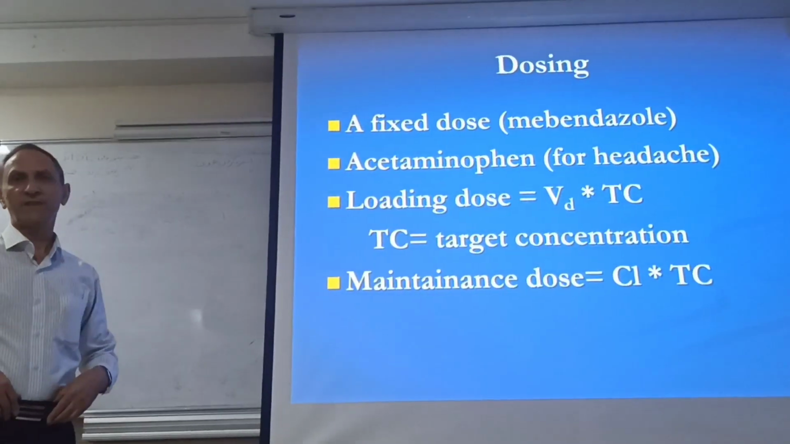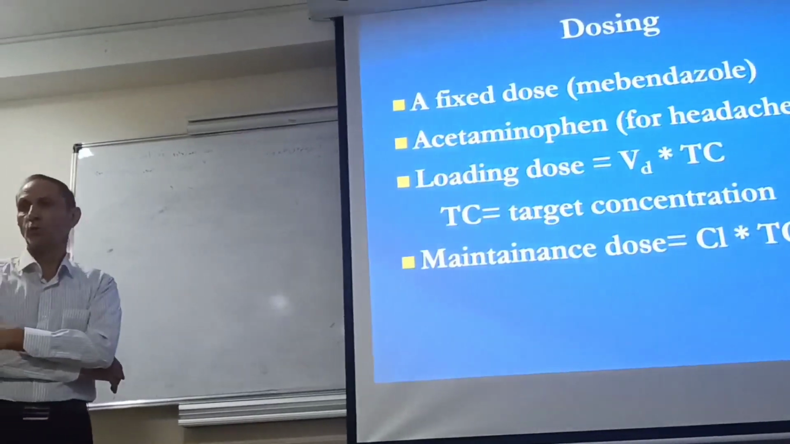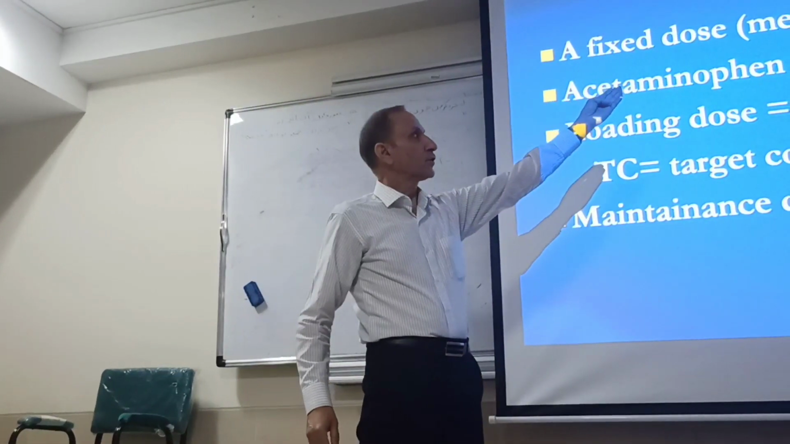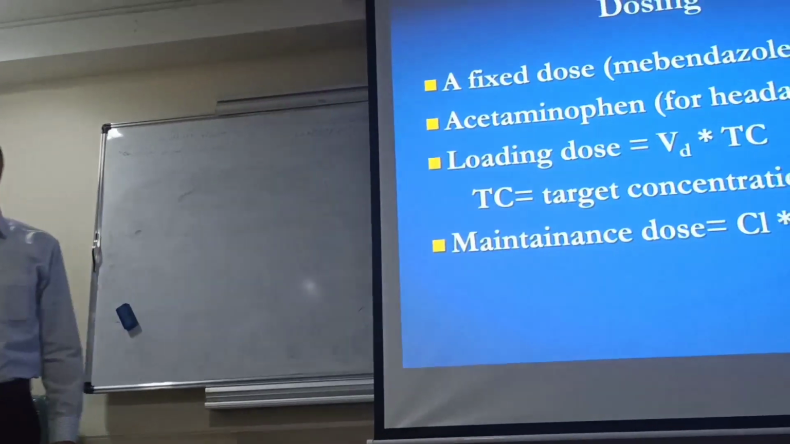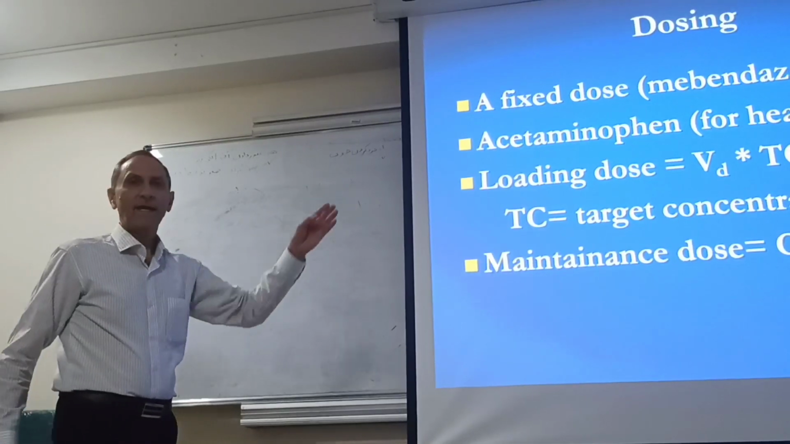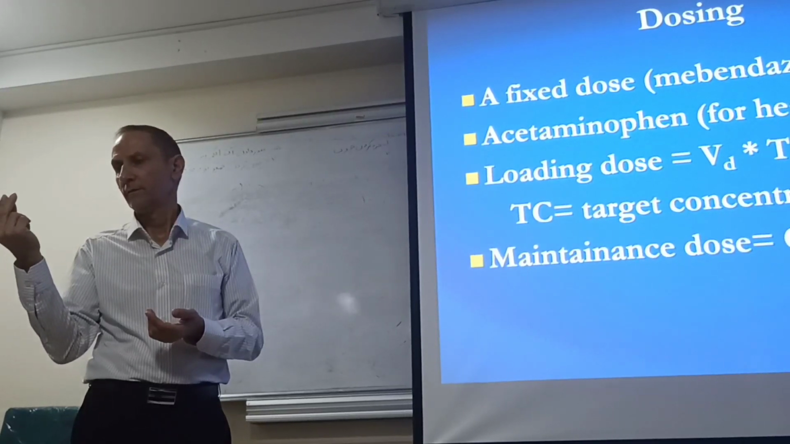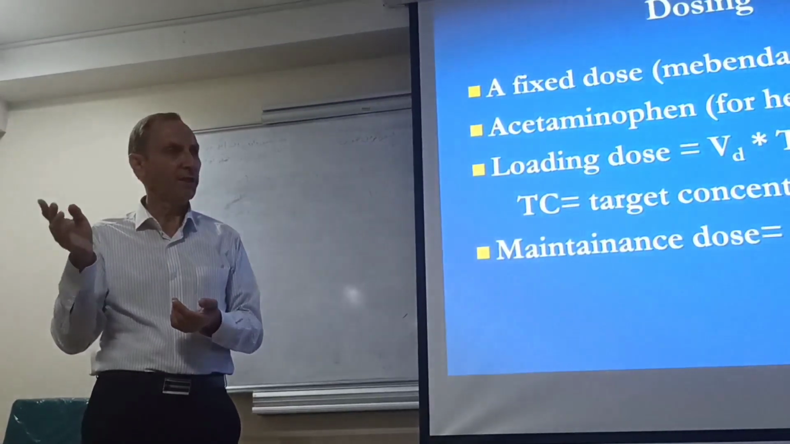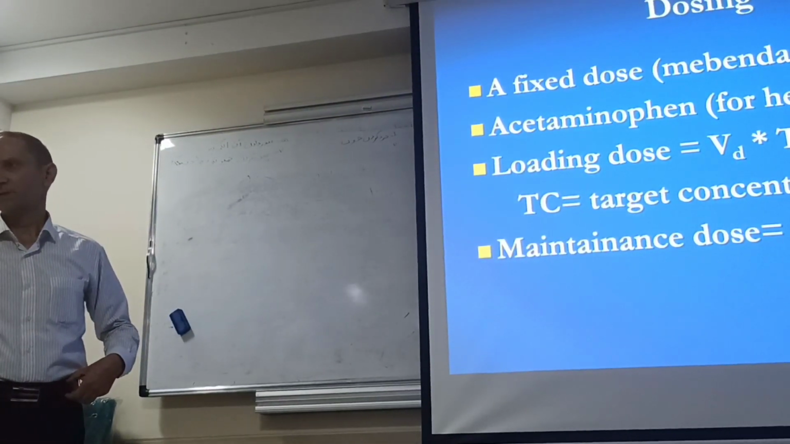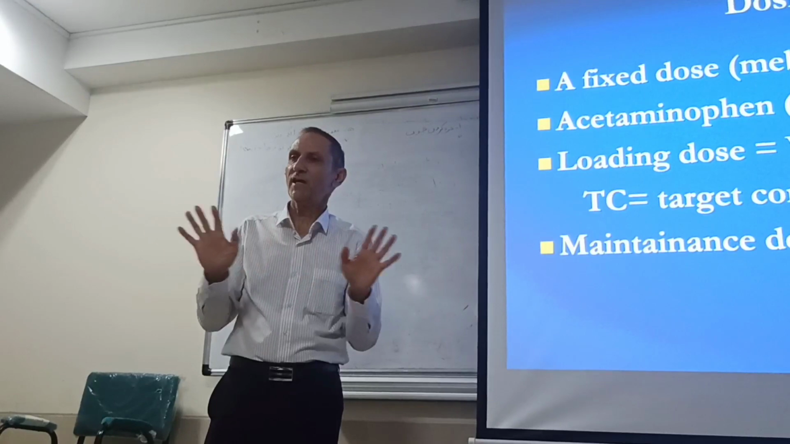How do we determine the dosing of a drug? Sometimes we have a fixed dose. For example, mebendazole is an antihelmintic drug for warts. And it can be used over 2 years old, for every patient who is greater than 2 years old. The dose is not different